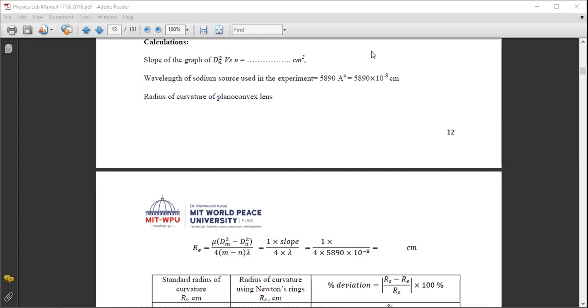What theory you have understood. For example, in this experiment we will write what we understood from it. We have learned about interference of light. Interference of light because of the arrangement of a plano-convex lens and a flat glass plate. Because of that, a wedge-shaped arrangement is formed. So there is reflection of light from different edges of this arrangement.